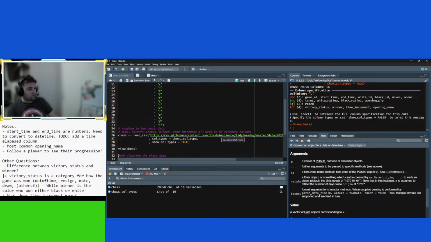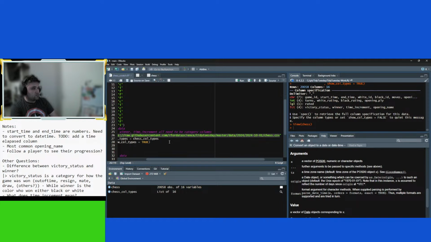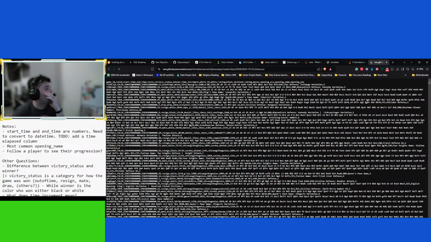I'm actually really curious now. CSV. Oh, that sucks.